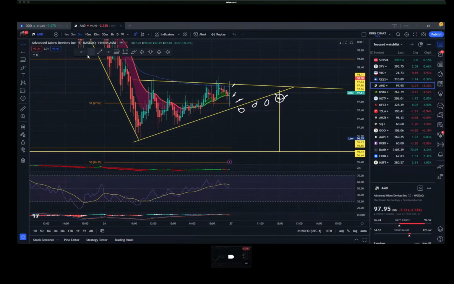You can play it two ways. If you want a more aggressive approach, you can have your stop loss at the top of the trend line, the top of the flag. If you want to be more conservative, maybe you'd rather re-enter when it actually has a clear break. That's fine.